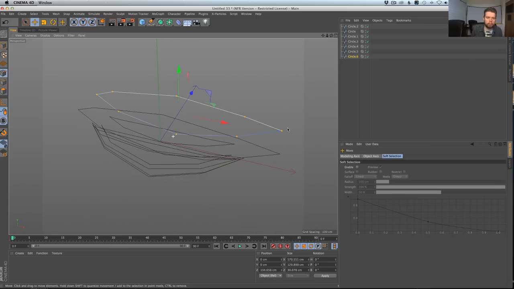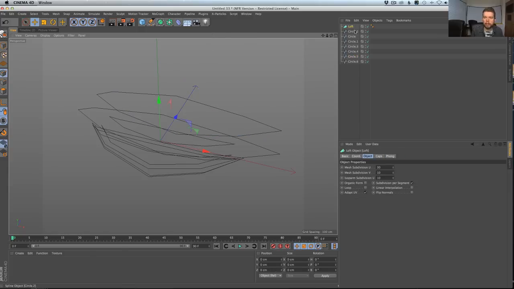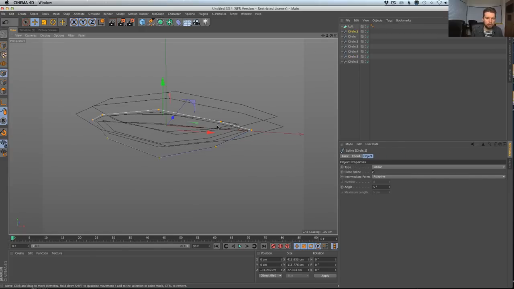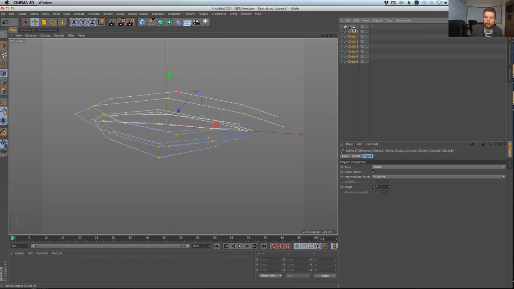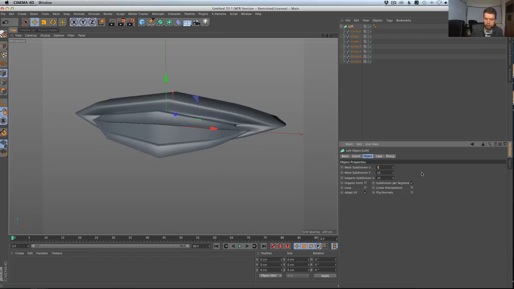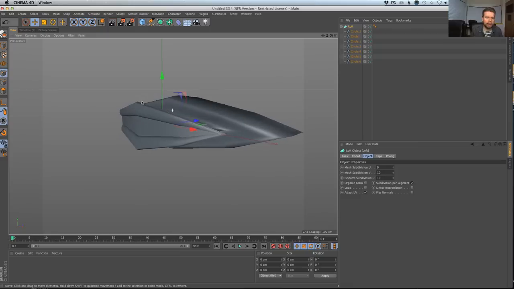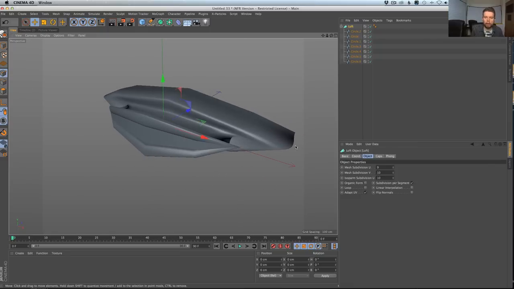So this becomes this crazy mesh. Now I was very careful about putting these in a particular order. So now you can see I can make a loft. How many points do we have? We got 1, 2, 3, 4, 5, 6, 7, 8. We got 8 points, which means we're going to take all these guys, throw them into the loft, and set the loft to 9. So we're going to have it one higher than the number of points that we have.